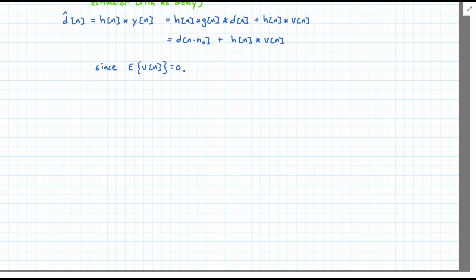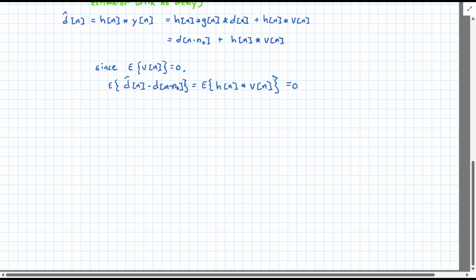So the term that should concern us a bit, I guess, is h of n convolved with v of n. If that wasn't there, everything would be okay. So let's see what impact that has. For starters, we can see that since the expected value of v of n is equal to 0, it's white noise, then we have that the expected value of,